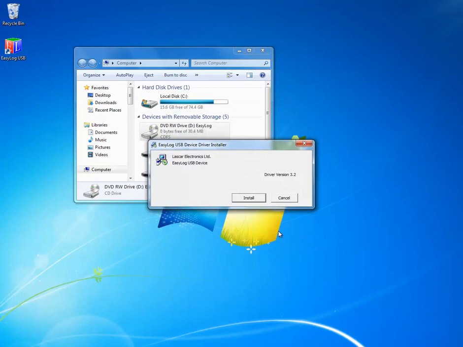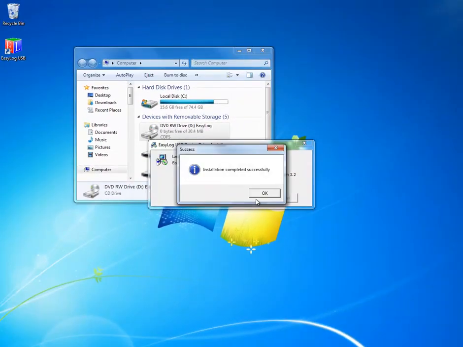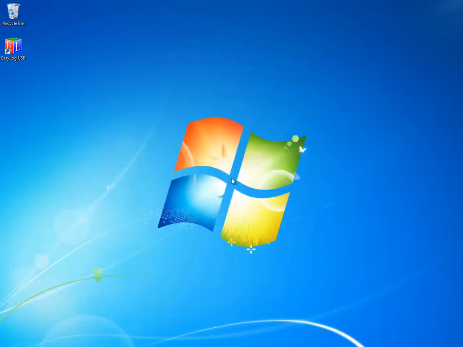At this point, you're given a prompt to install the driver for the USB. Go ahead and do that. Click Install. And click OK. Alright, at this point all the software is installed and we need to configure the USB drive before we can